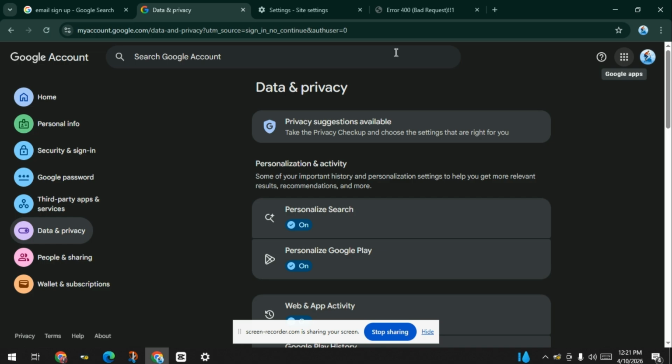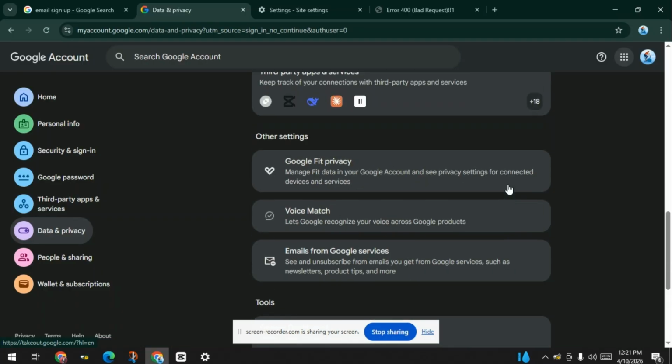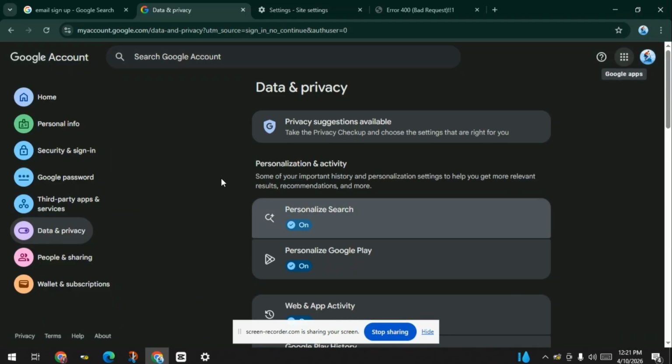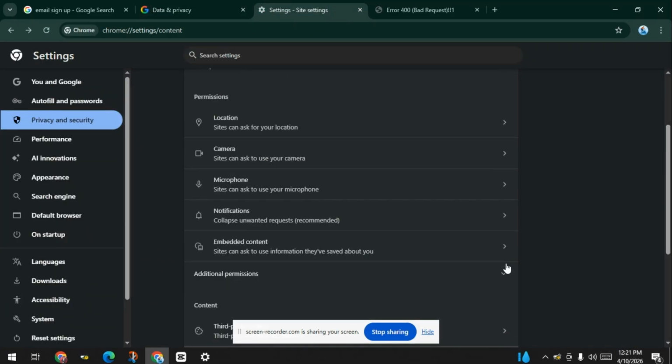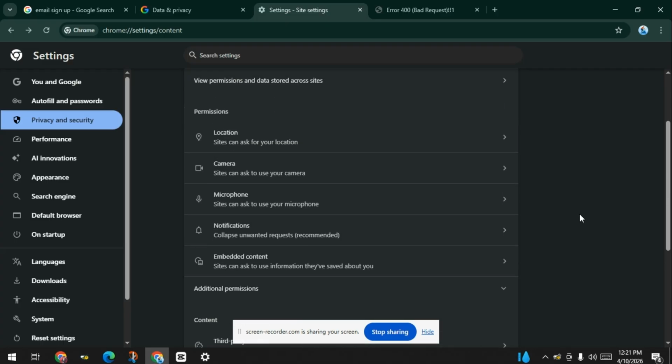And finally, remember that you can manage site-specific permissions anytime in Chrome settings to maintain privacy while enabling functionality for trusted sites, ensuring smooth operation for calls, recordings, and streaming without constant permissions from